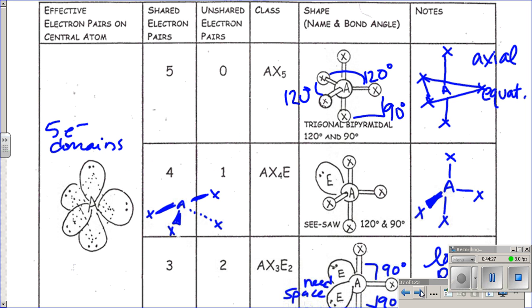These are the big bad ones. These are the ones that are going to be a little bit more funky in the bond angles, so these you have to really pay attention to. If you have 5 electron domains, so 5 bonds or a mixture of bonds and lone pairs, you've got some complex 3D structures. So the first one is going to be when you have 5 actual bonds, the best way for them to arrange